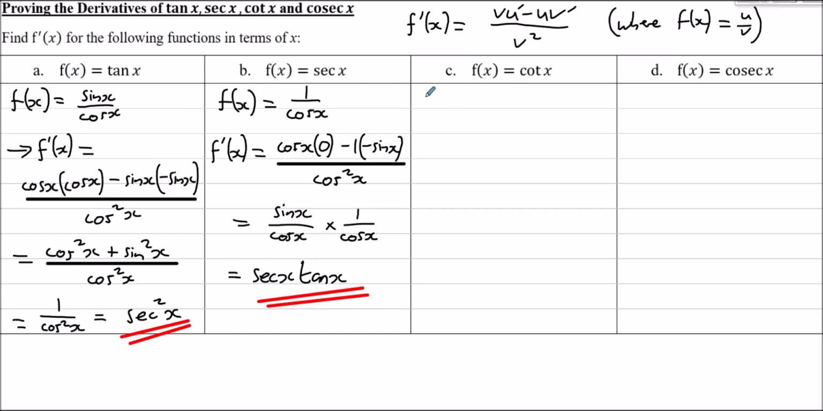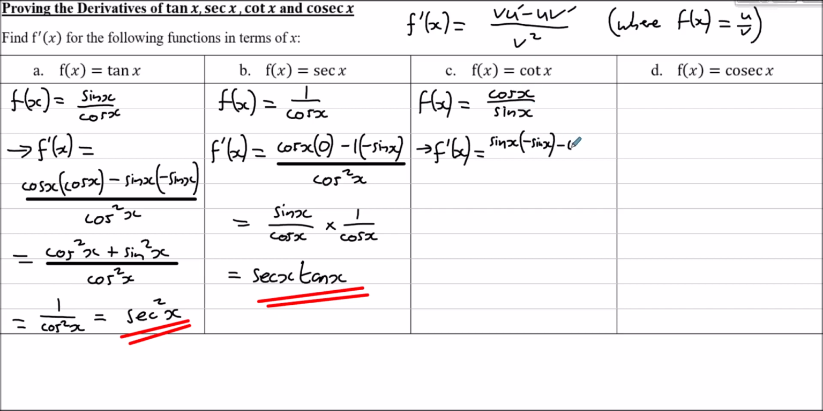Part C, differentiate cot. What does cot mean? Cot is 1 over tan, so reciprocal of tan is cos over sine. That's cos x over sin x. So f dashed of x is function v for denominator, which is sin x, multiplied by the derivative of the top. Cos differentiates to minus sine,